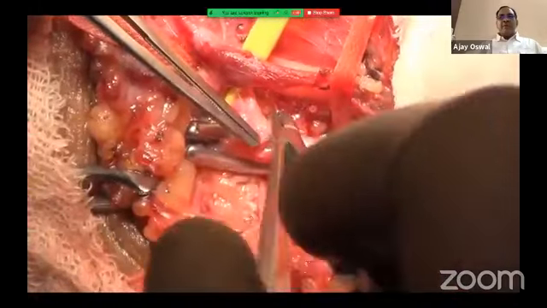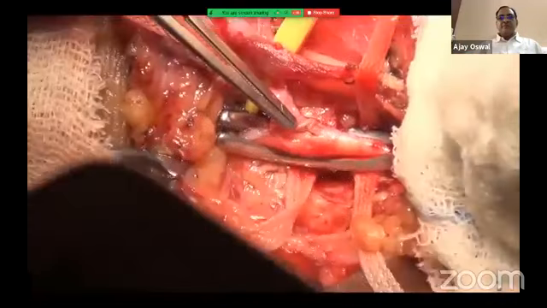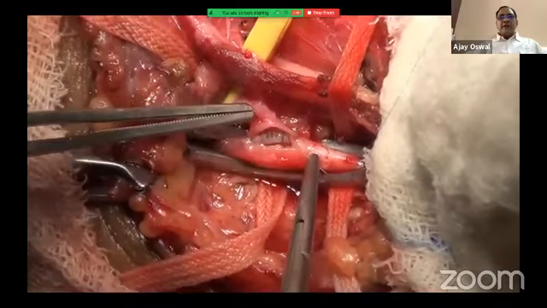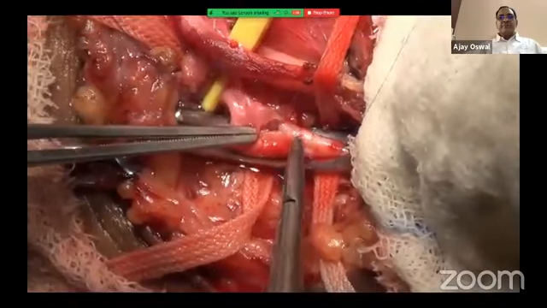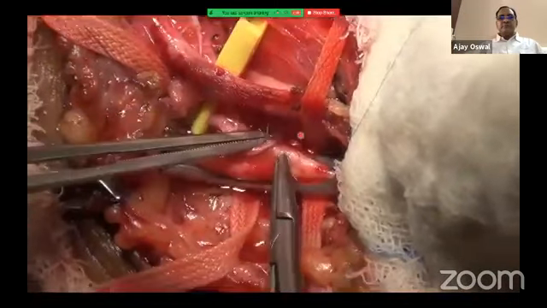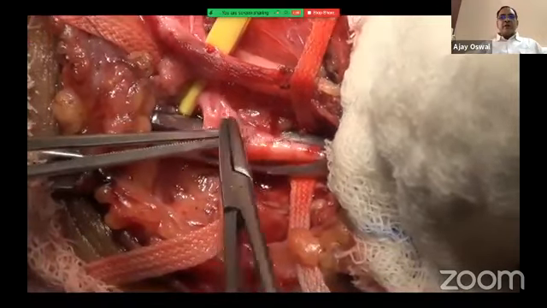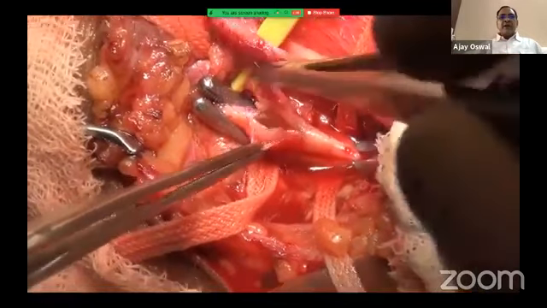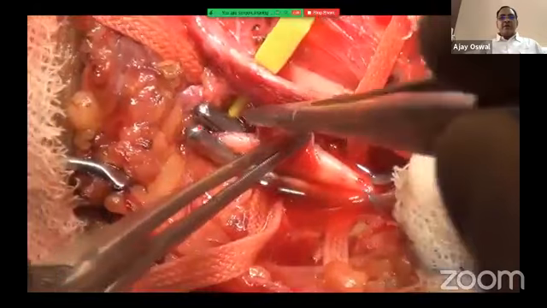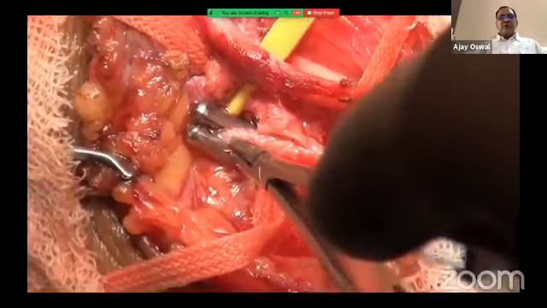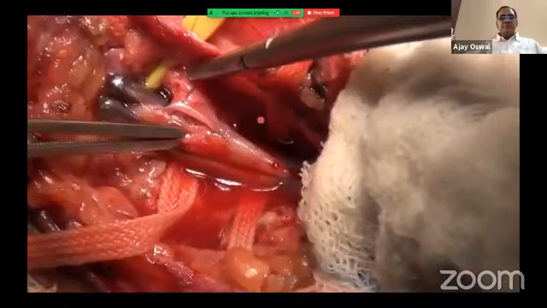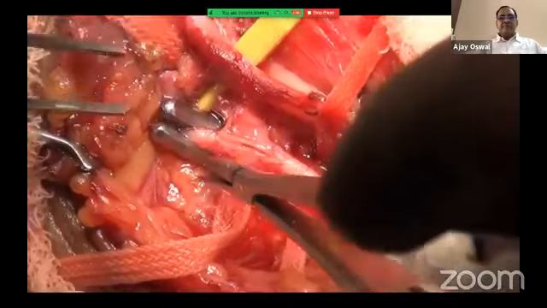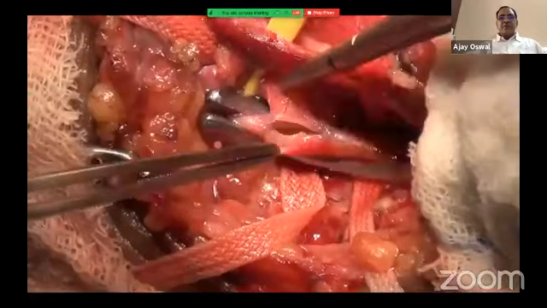At no point am I holding the intima of any vessel. Every bite is under direct vision. We were lucky to get this perforator vein here. Now we'll start from the cranial end of the arteriotomy. All bites under vision without crushing the intima. This periarterial tissue is of immense use in holding the vessel. It saves you from holding the intima.